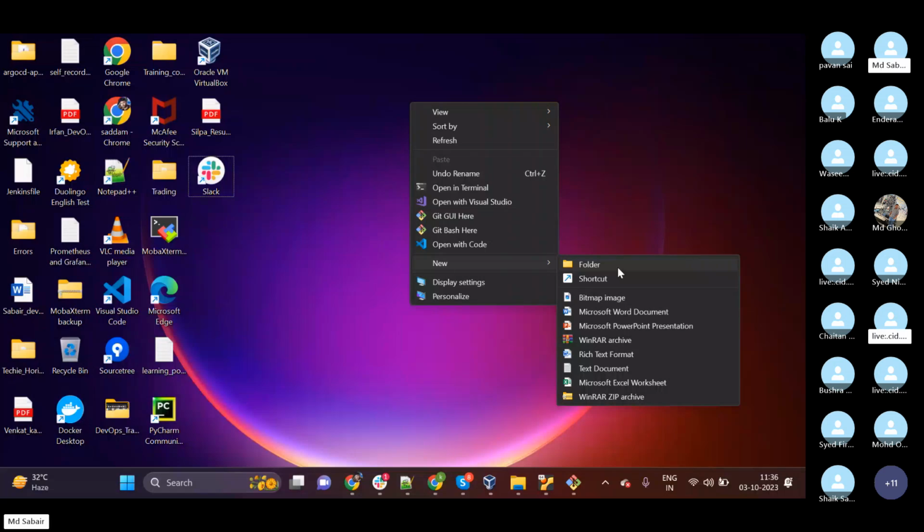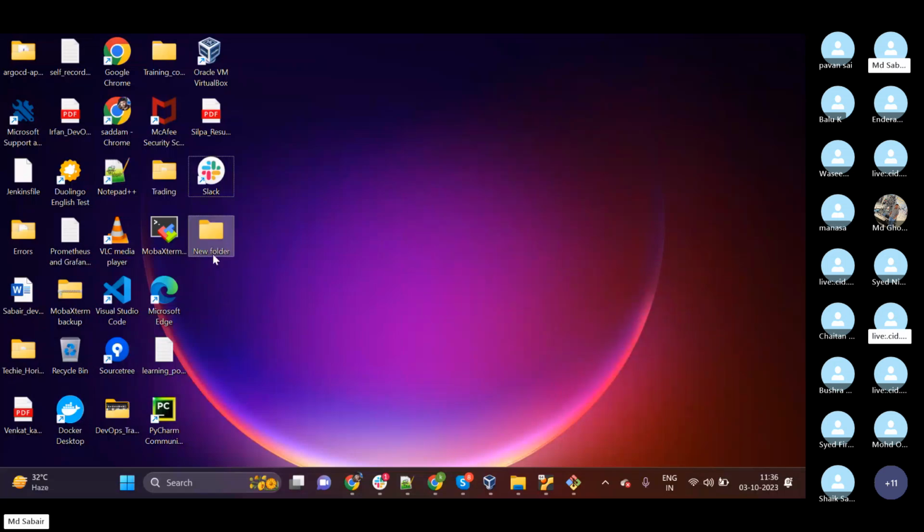New folder will be created. Okay, new folder has been created successfully. As you said, it is right, but why is it getting created? What is happening in the backend? It should have created one text document for me. Instead of creating a folder, it should have created a text document. But why is it creating a folder only?